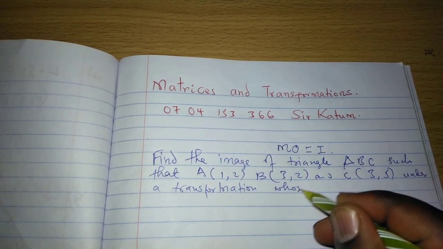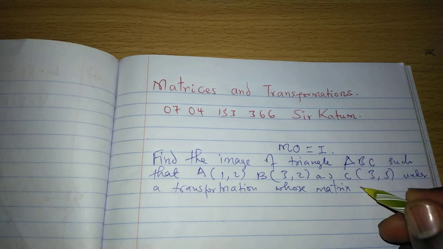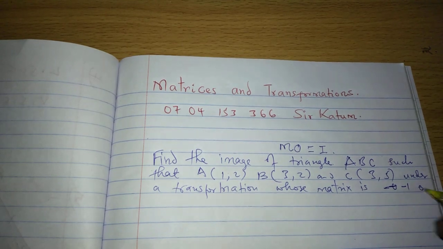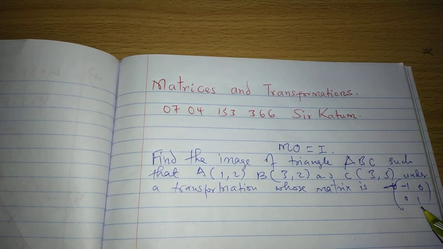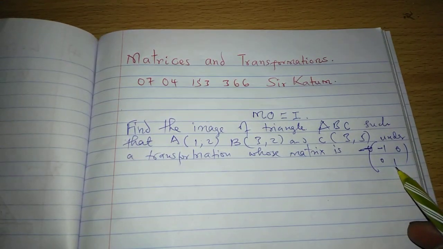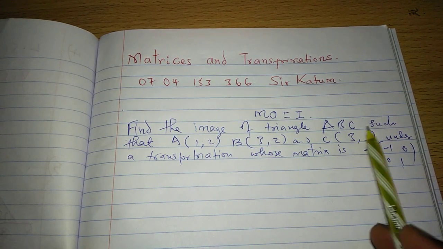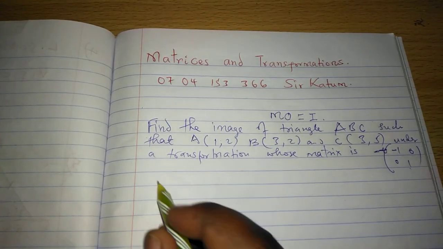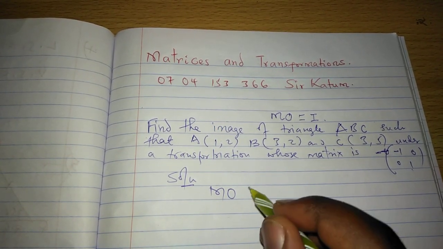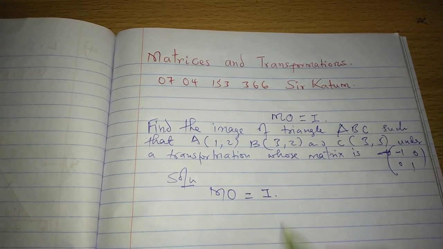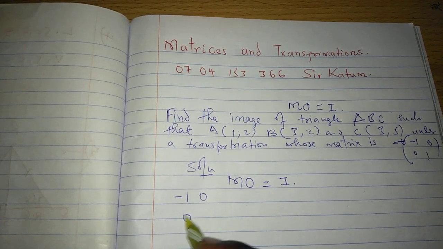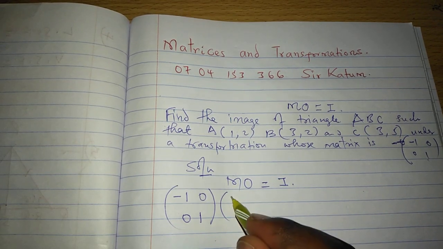Under a transformation whose matrix is negative 1, 0, 0, 1. So we have a matrix of transformation, negative 1, 0, 0, 1, which maps a certain triangle ABC into another one. Therefore, when we take a matrix and multiply it with the column vectors of the object, we should get the column vectors of the image, such that when we take negative 1, 0, 0, 1, and multiply with 1, 2,